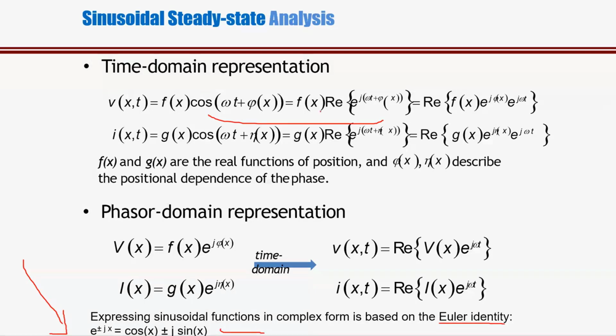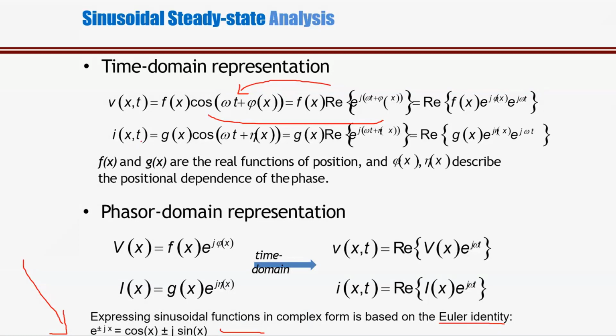What I have written: f of x is equal to the real part of e raised to j omega t plus phi x. And the real part of e raised to j omega t plus phi x is nothing but cos of omega t plus phi x. Right? And again the same thing is adjusted somewhat as the real part of f of x e raised to j phi x times e raised to j omega t, where phi is the phase constant, the phase shift, and omega t is the angular displacement, omega into time t.